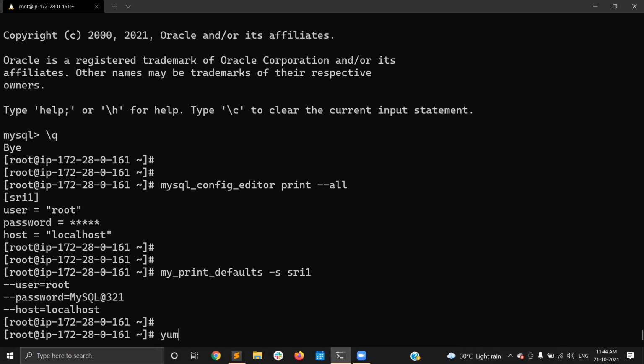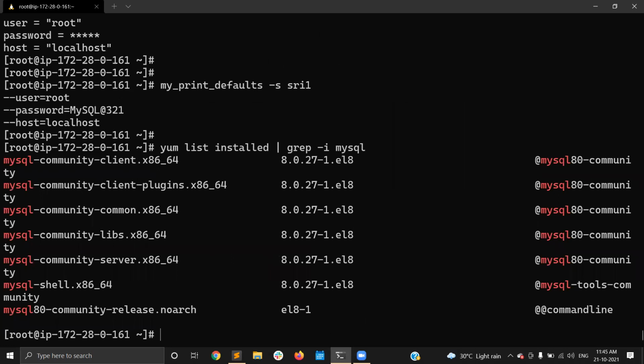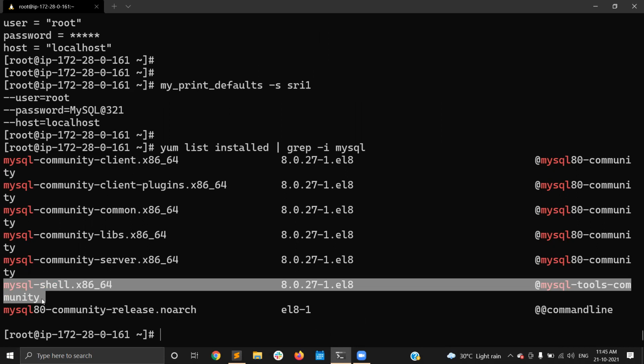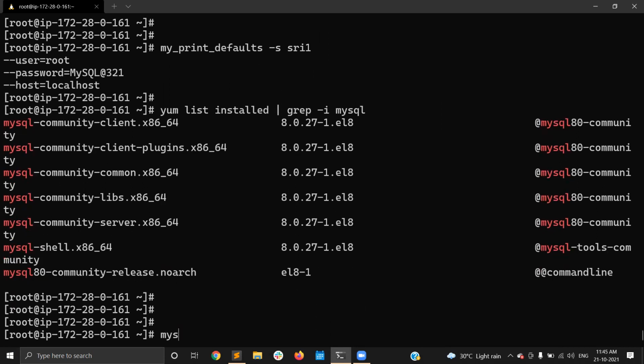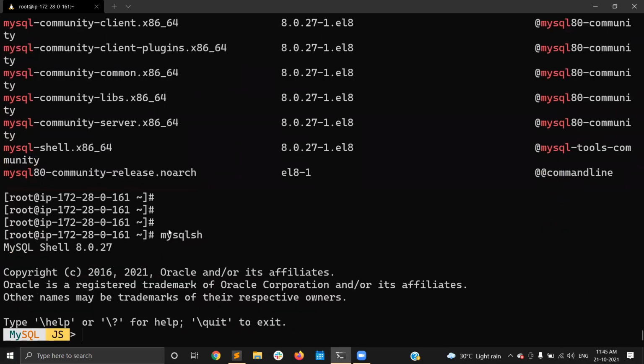I already installed it; let me show it with a grep for mysql. Here, there is the MySQL Shell utility. Once you install it, you get the tool mysqlsh, and if you run mysqlsh, it takes you directly to the MySQL Shell prompt.